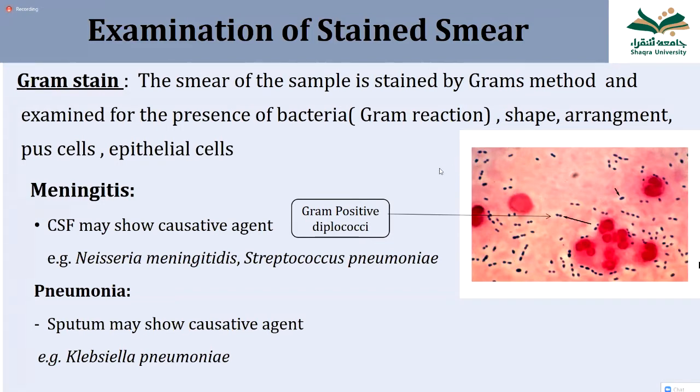Abdul Aziz, yes, please. Doctor, this is crystal violet. Crystal violet is the name of the stain. But I am asking, what is the color of the bacteria after the staining? It will be blue. In this photograph, what is the color here? Purple, doctor. Purple, blue. So because this is purple, is this gram positive or negative? Gram positive.